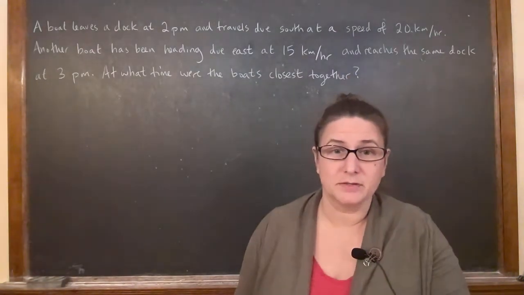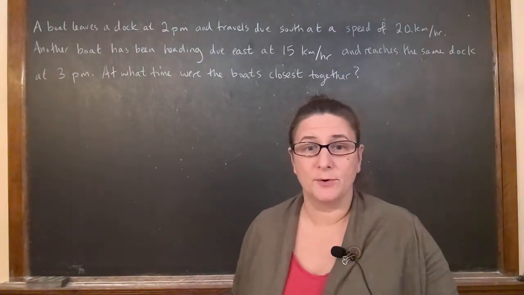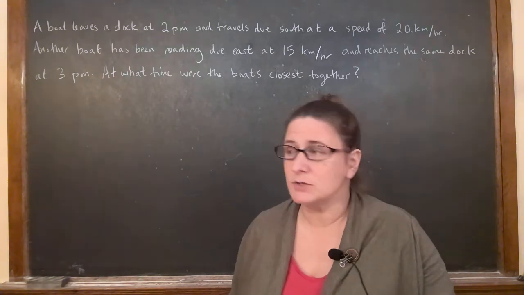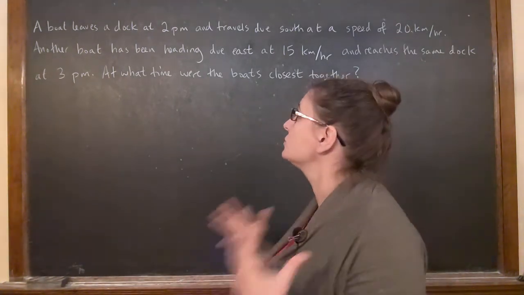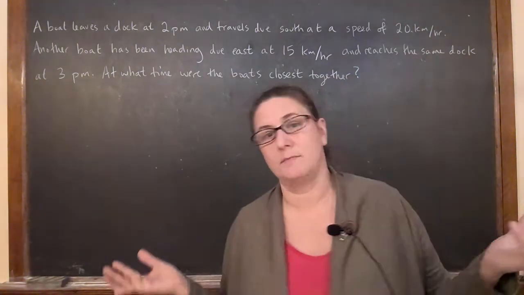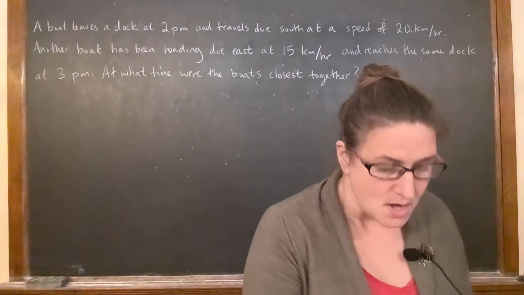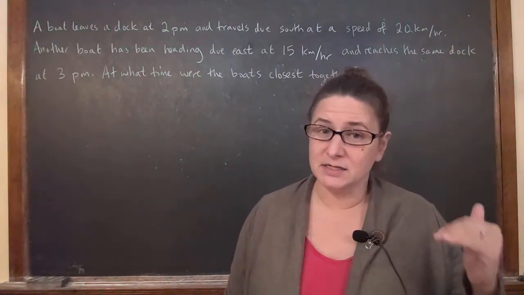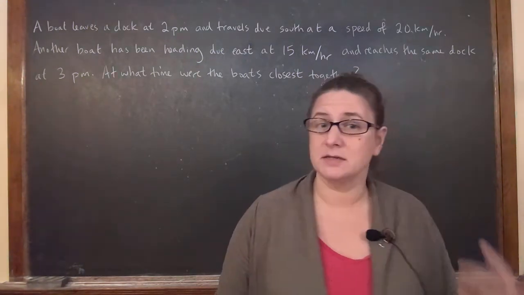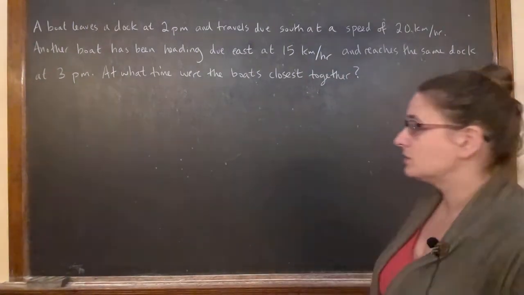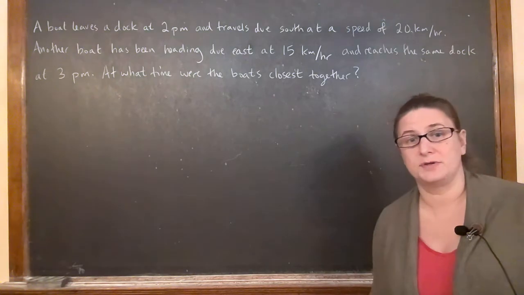Here's a problem about some moving boats. And I wanted to go through this problem because whenever you first see this, you kind of automatically think, oh, it must be a related rates problem because I've got some moving boats, right? So, in fact, this is not a related rates problem. It's an optimization problem. So let's take a look and see how we know the difference and how we know